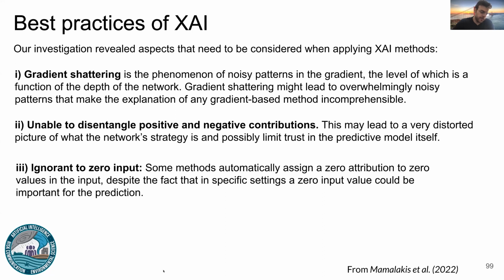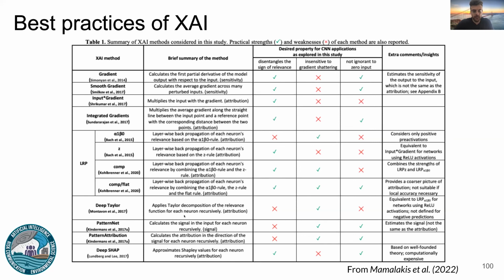And the third issue is the one that we just talked about, that some methods automatically assume a zero baseline, or in other words, they automatically, by construction, assign a zero attribution or contribution to a zero value in the input. And this can be problematic in some cases. And then in the next slide, we have created this table with all different kinds of